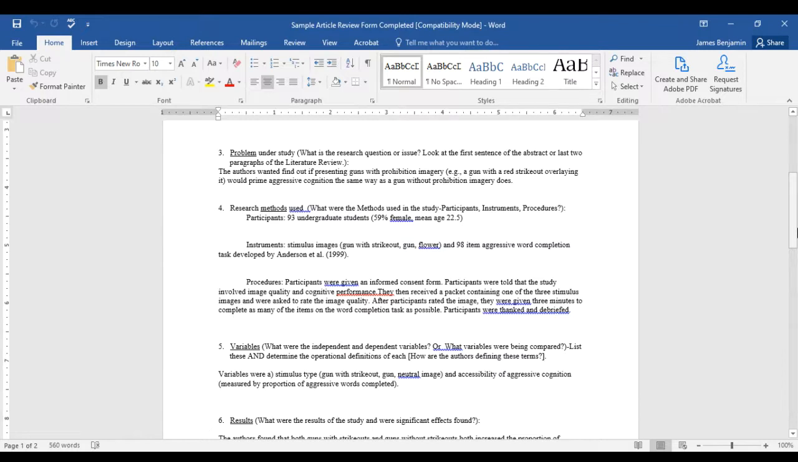The procedures. I note that the participants had to give informed consent. They were told the study involved image quality and cognitive performance. So there's some deception involved here. They then received a packet containing one of the 3 stimulus images, and they were asked to rate the image quality. After participants rated the image, they were given 3 minutes to complete as many of the items in the word completion task as possible,